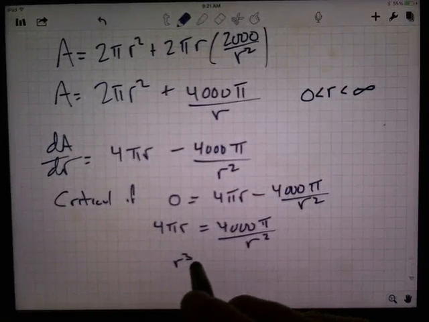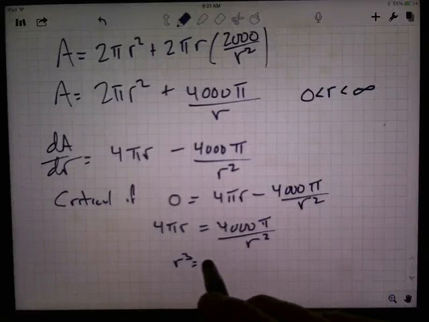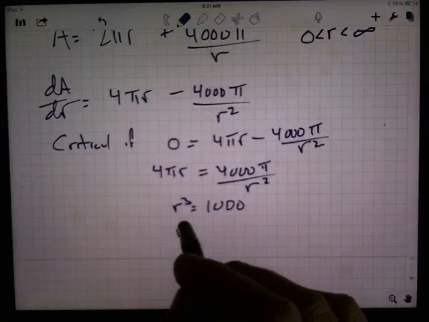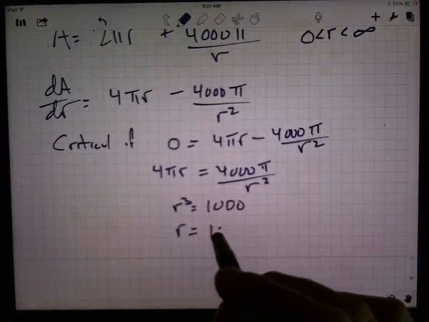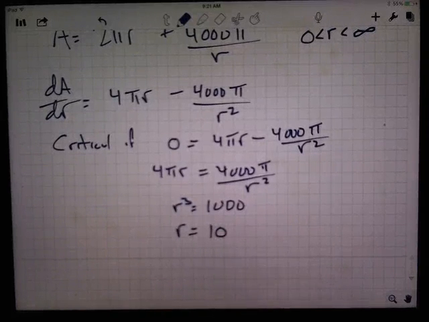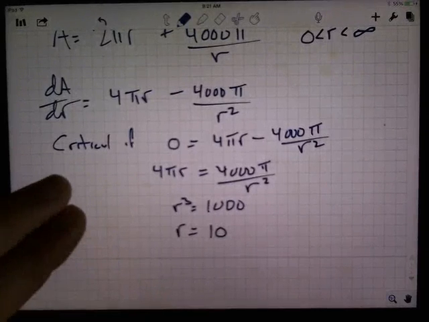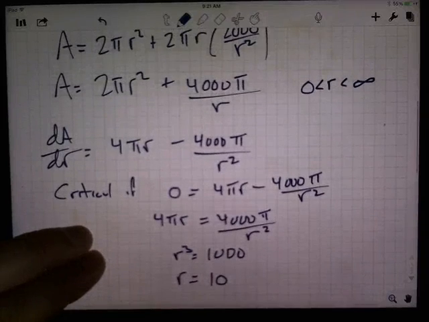So I've got r cubed is, the pi's cancel out, r cubed equals 1,000. Well, that's convenient. R equals 10. So the radius is equal to 10,